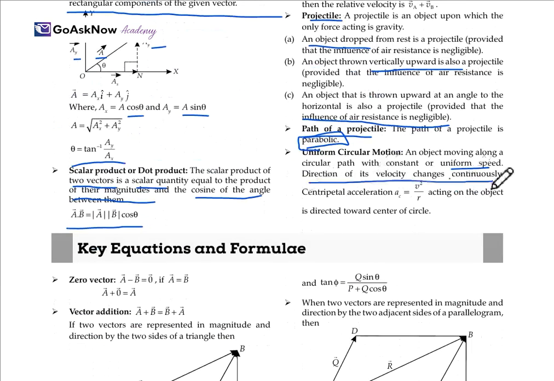A projectile fired at an angle of 15 degrees has a range of 50 meters. If it is fired with the same speed at another angle, what will the range be? Firstly, whatever is given, just write it: angle of projection is 15 degrees, horizontal range is 50 meters. We put the values: 50 meters is equal to U square sin 2 theta upon G. Whatever values we have, simply put them in and you get the value of U. We keep U on one side and put the value of G, which is 9.8. The other angle is 45 degrees. So R will be equal to, when you get the value of U, simply put the value in this formula again and you get the value.